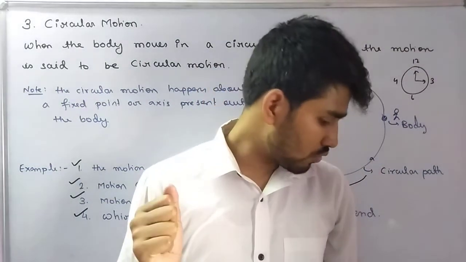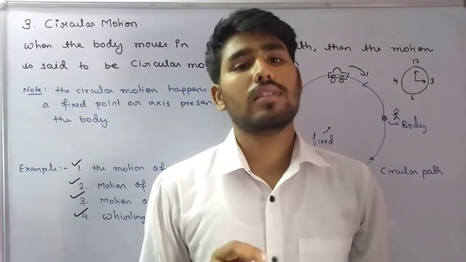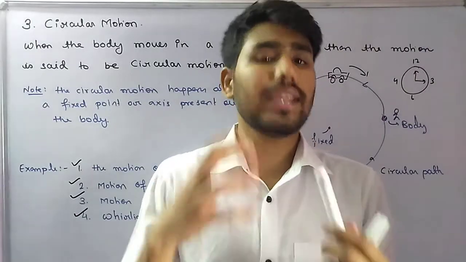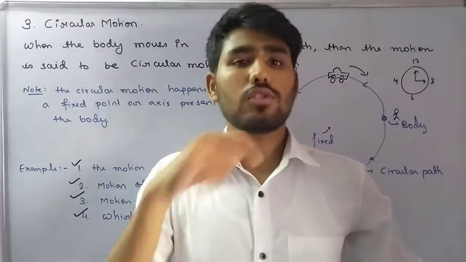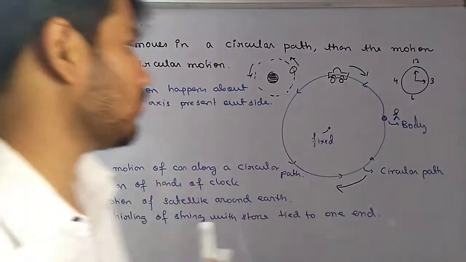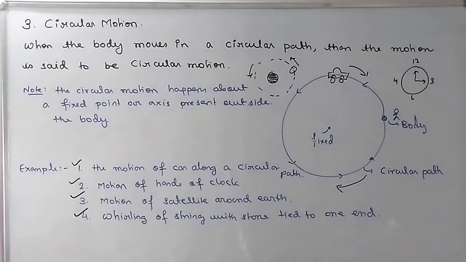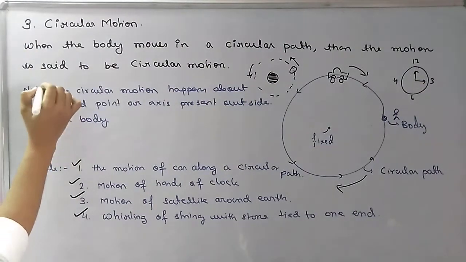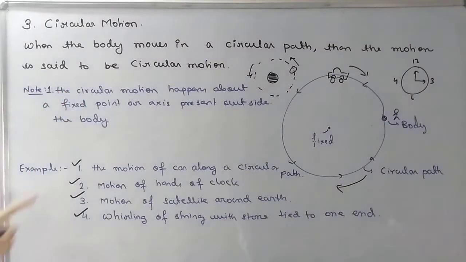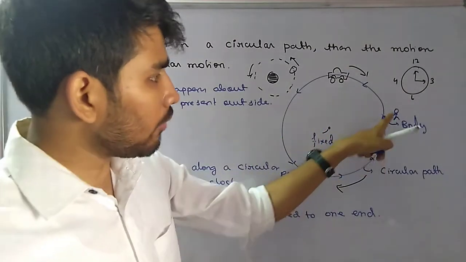I don't have any objects to show. No, I don't have. It's simple. You just take any object, you tie it to one end, then you just play it like this. We all have done it some time or the other. This is an example. Okay? And I just left some space over here to note that first thing, that a body